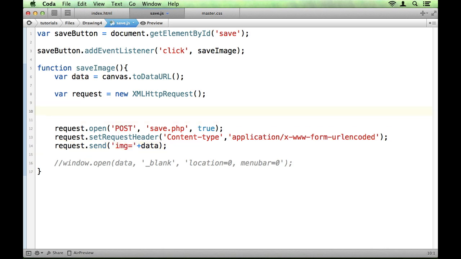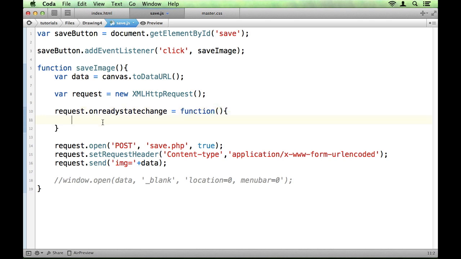Now we need to tell it what to do with the response. To handle responses, we use the onreadystatechange event. So we say request.onreadystatechange equals function, and the ready state is basically the status of the request. Has it started yet? Has it not started? Is it partially loaded, or is it fully loaded? Fully loaded is the final ready state and the state that we want to find. So on ready state change, if the ready state is 4, which is the final ready state, the fully loaded ready state,